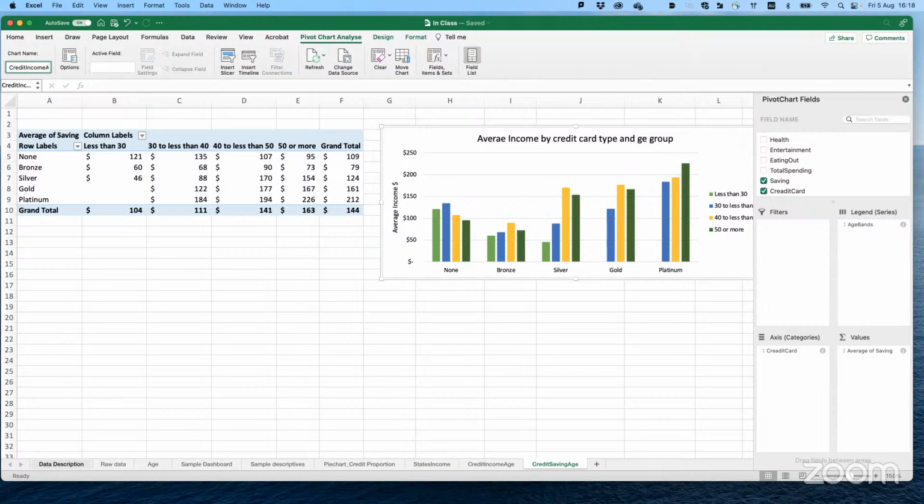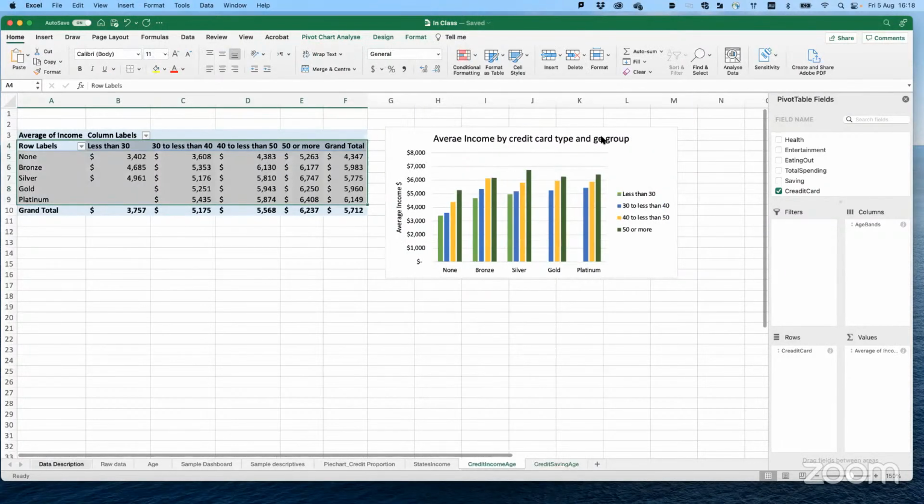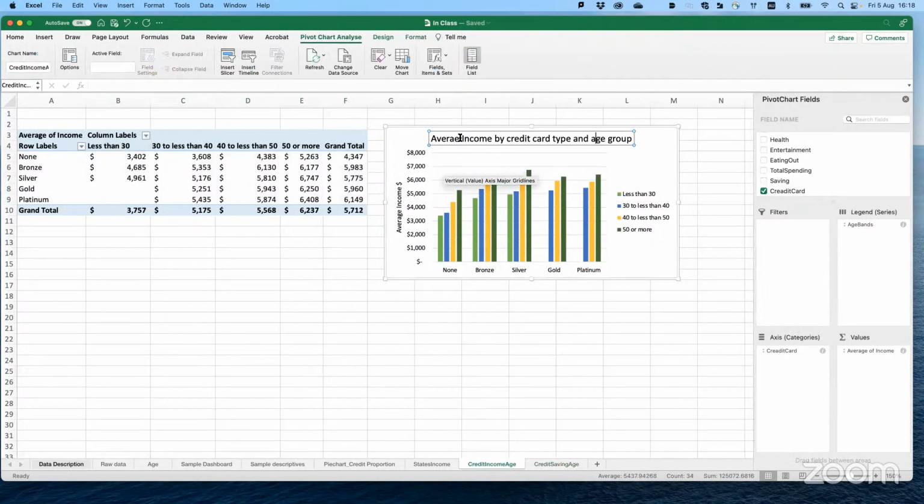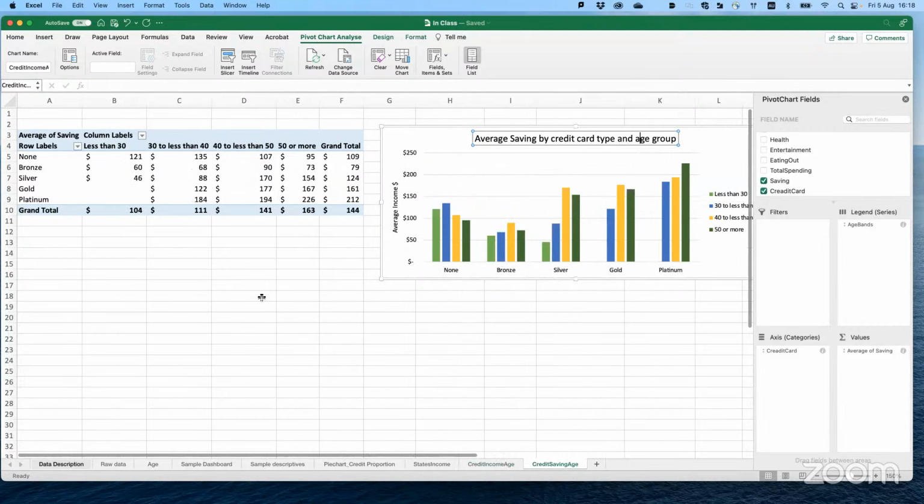Credit saving age. Average saving, credit type, and age group. Going to previous one. When I type fast, I have several typos. So then here we have average saving.